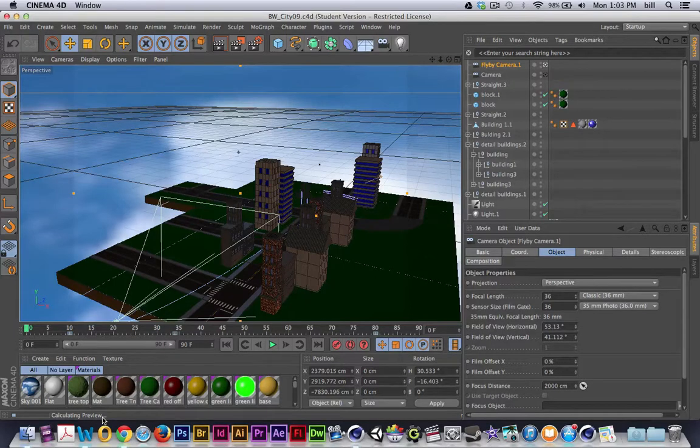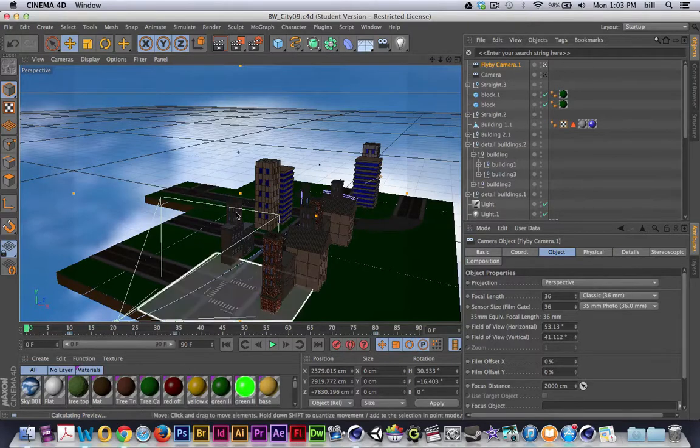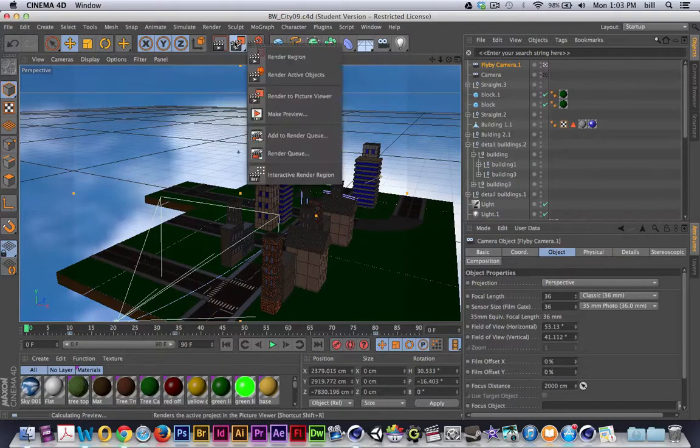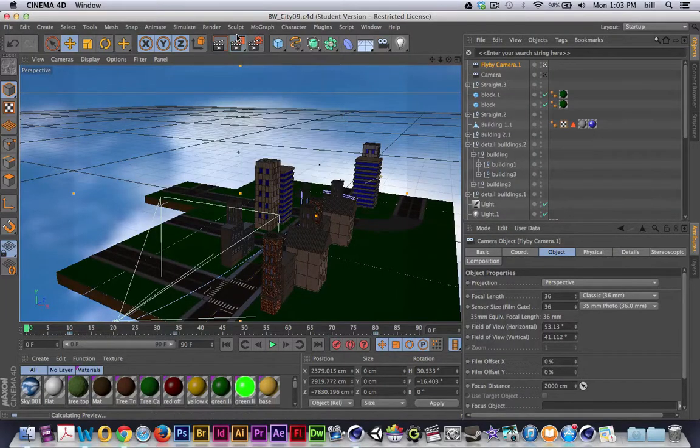It's getting ready to render the preview, and when it's done, it's going to open it up in the picture viewer for me. So again, that process is once I have my animated camera set up, I've got to make sure that I'm looking through my camera and that it's active, because making the preview will use the active view. The next thing I'll do is go under make preview, and from make preview, I'll adjust things accordingly, and I'll